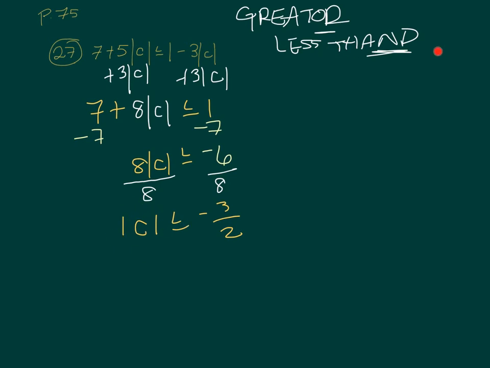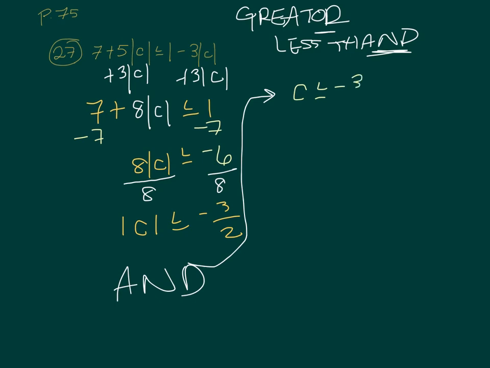So I'm going to use this, less than, which means to me that I have a conjunction. So what I'm going to do with this is I'm going to rewrite. I'm just going to use some of the space over here. I'm going to rewrite this thing so that I have c is less than or equal to negative 3 halves,